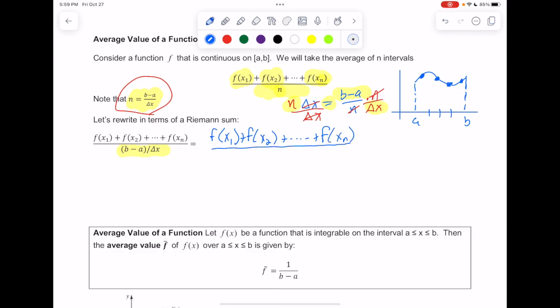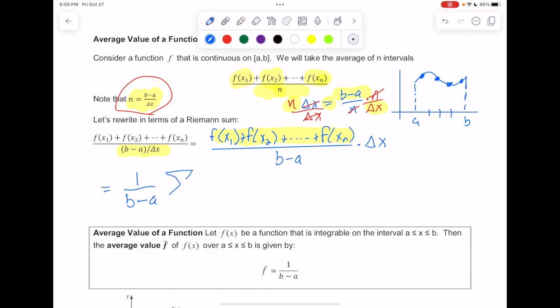And then we could still have the b minus a in the denominator. And the delta x, if we push it to the numerator, we could also push it off to the right-hand side. And that's where we usually have the delta x when we start thinking about Riemann sums. So now, taking this and making a Riemann sum out of it, we could take the b minus a in the denominator, move that out front as 1 over b minus a because it's just a constant. And then for our numerator, we could use summation notation to represent that piece.